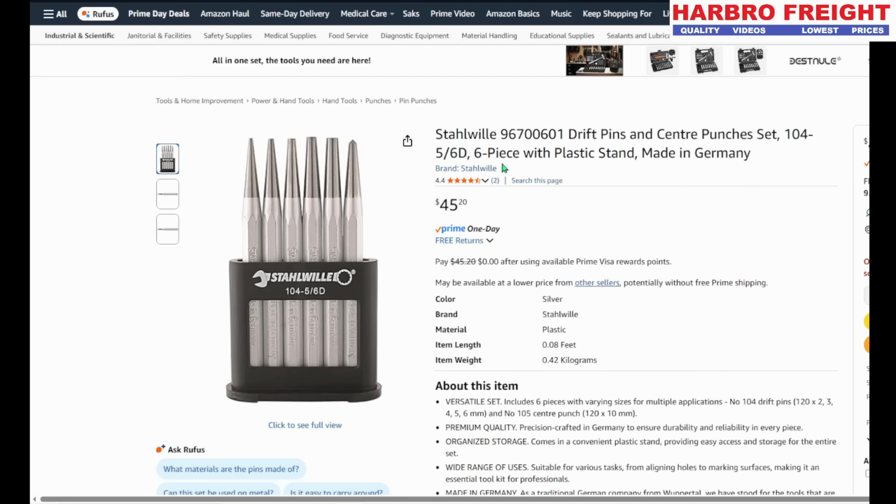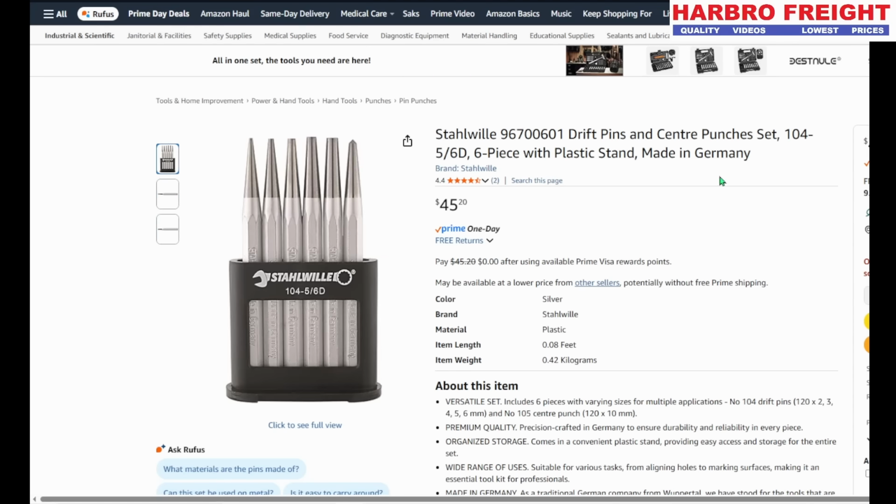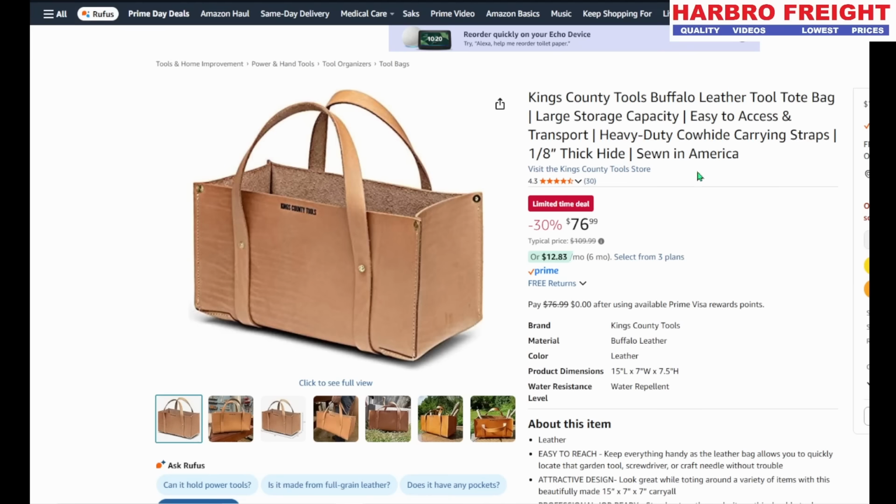Then we have the Stahlwille. Love me some Stahlwille. Drift pins and center punch sets, 10456D, 6-piece with plastic stand, made in Germany, $45.20. Then we have this Kings County Tools Buffalo leather tool tote bag, large storage capacity, easy to access, transport,